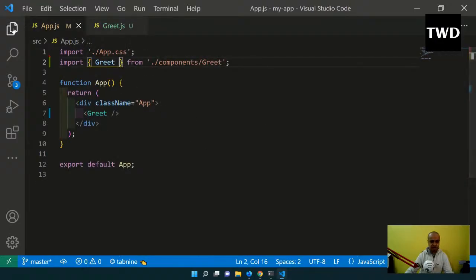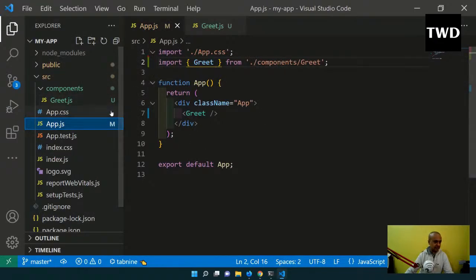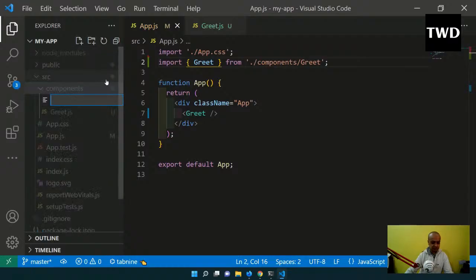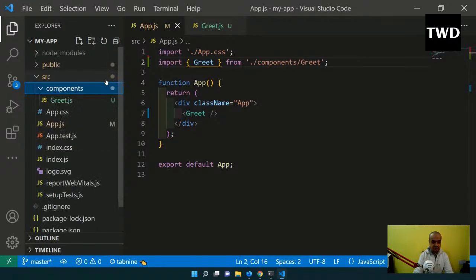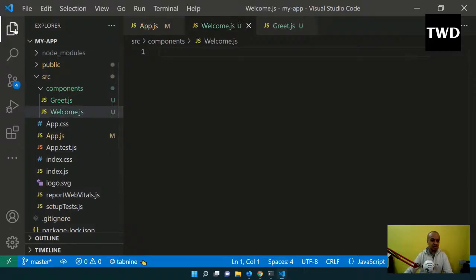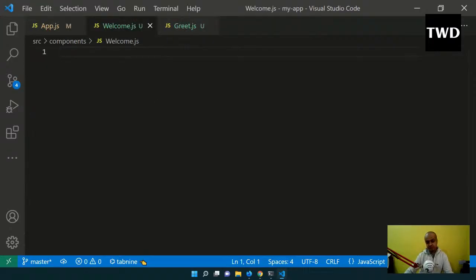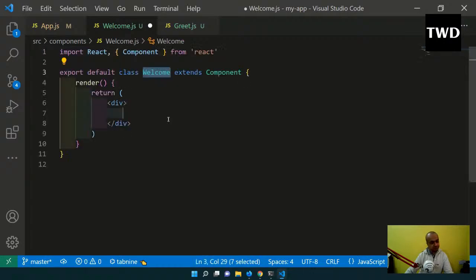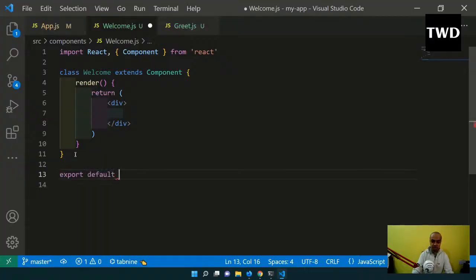So in app.js, I'm here, and in components I'm here, and here I will create welcome.js. Class-based components are different than functional components. The shortcut here is RCC. Export default we can do here also, but I generally do it below, and most people do it below only. And React, the semicolon is